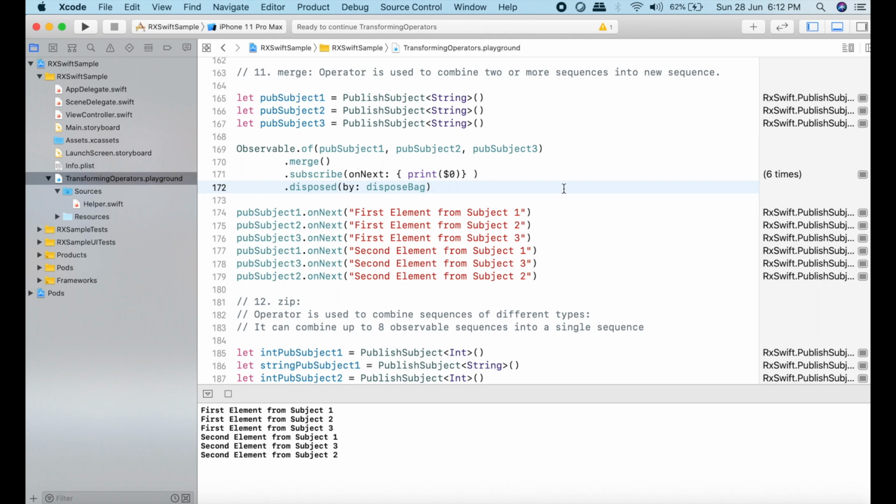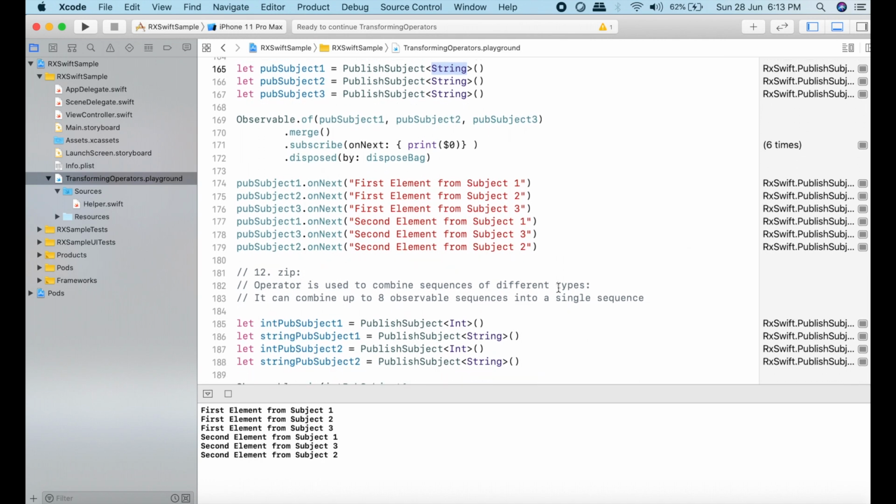So this is the functionality of the merge operator. But the condition is that in the merge operator, all the sequences should be of the same type, because in the example you can see that all the observable sequences are of string type only. So with the help of the merge operator, you can deal only with observable sequences of the same type.